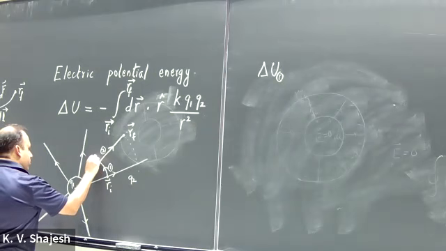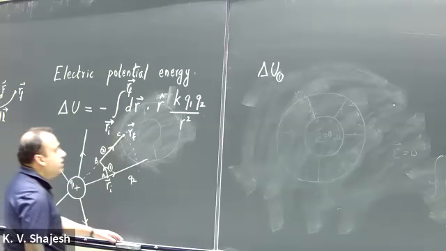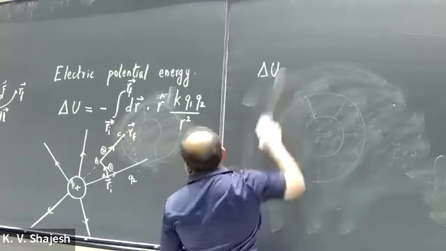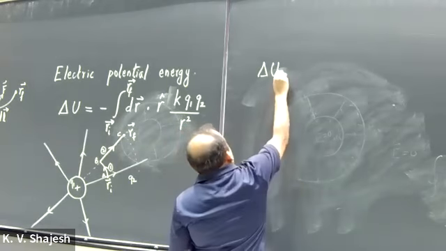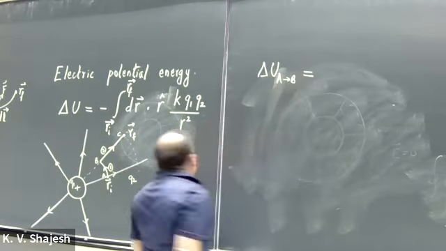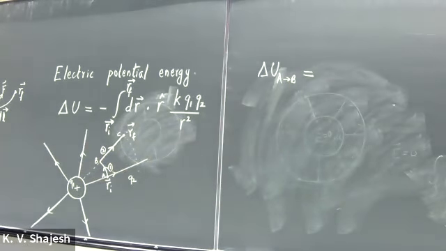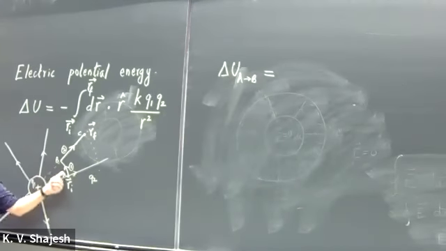That's point A, point B, that's point C. Let's go from point A to point B. What is the change in potential energy for that particular path? Anyone? It's 0. That's the correct answer